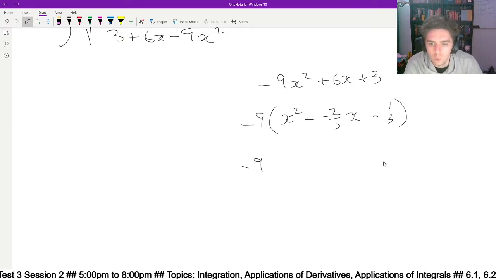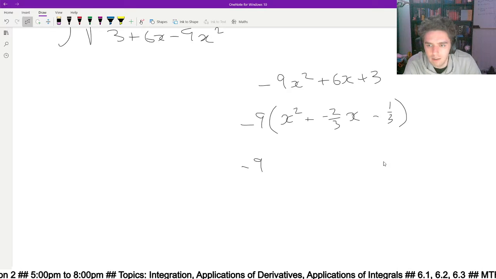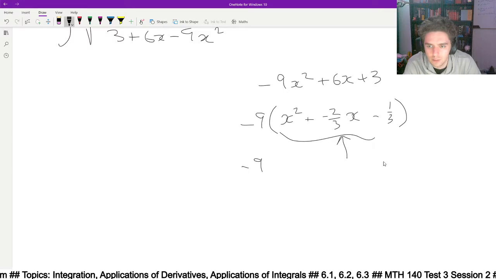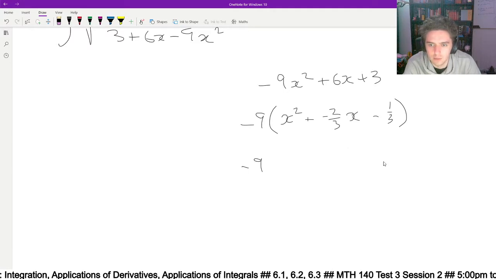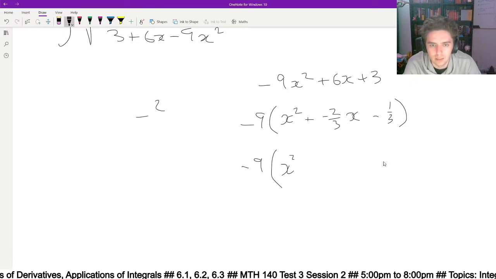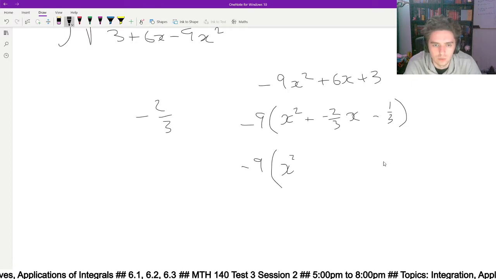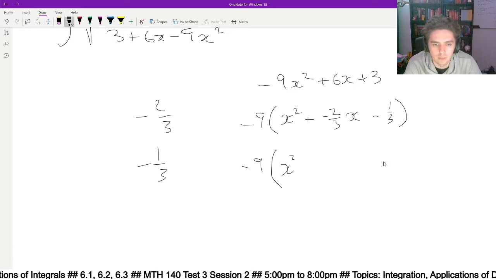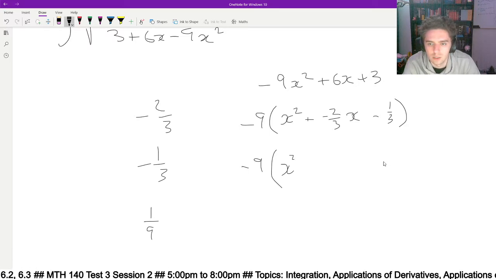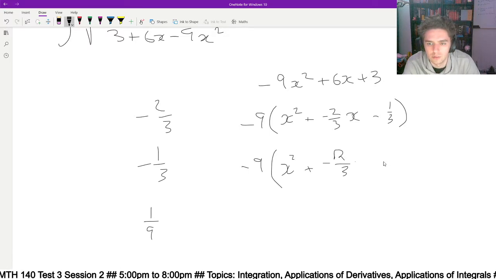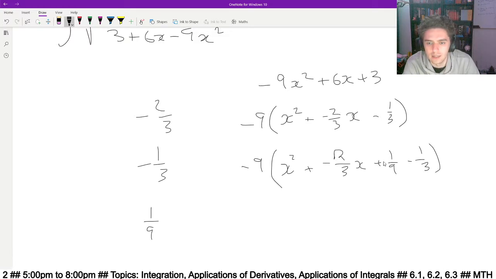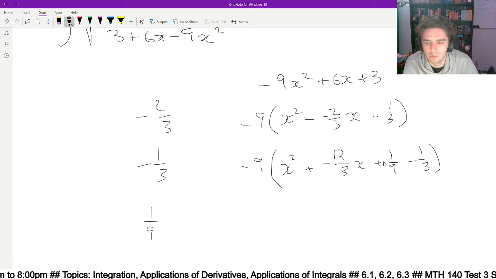What we want is to have a number at the end here that makes this a perfect square trinomial, right? To decide what number it is, we take that middle number, we divide it by 2, which is negative 1/3, and then we square it. So it's going to be 1 over 9. So plus negative 2 over 3x plus 1/9 minus 1/3, and then now this is the part I'm